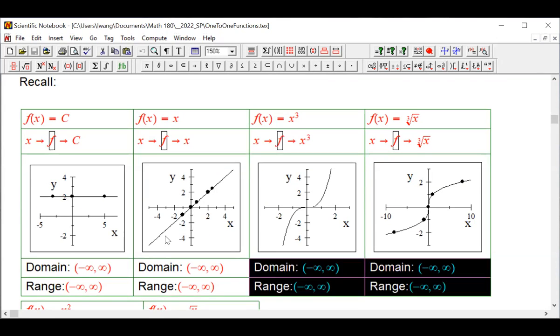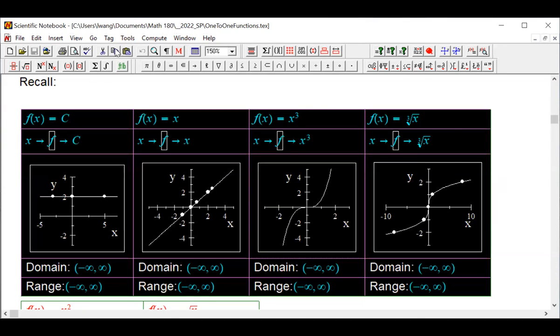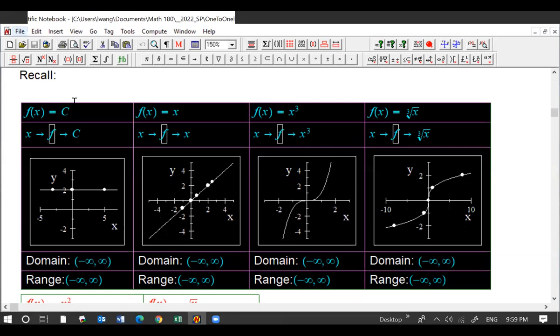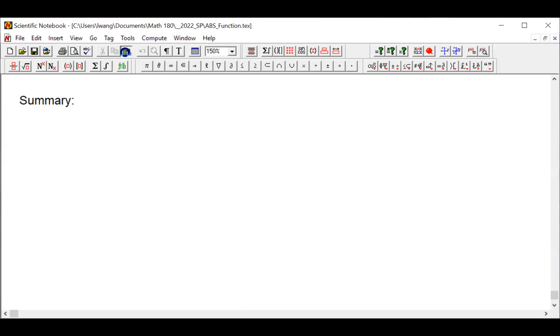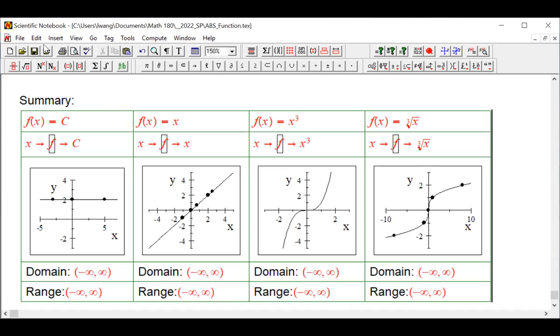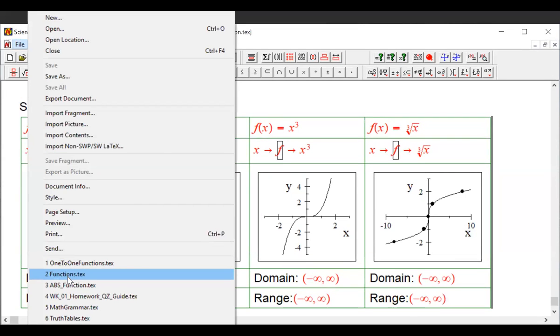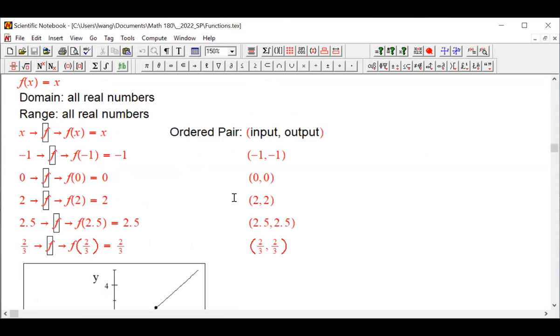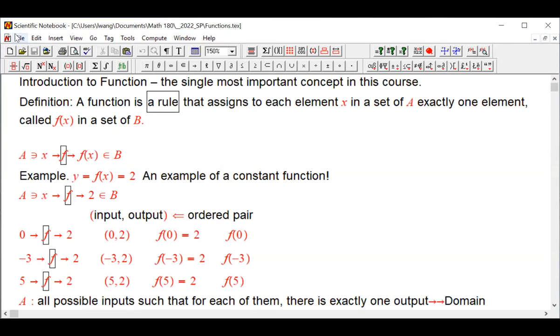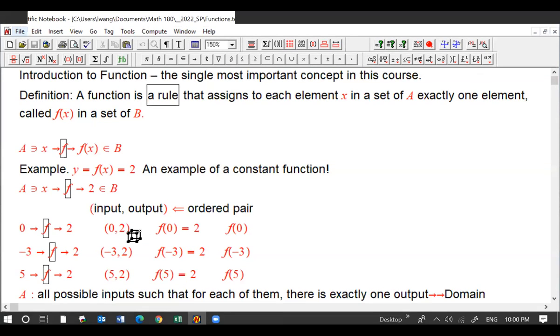All of these. Okay, we did before. Right? And summarize. And there are a few more functions. Okay. And